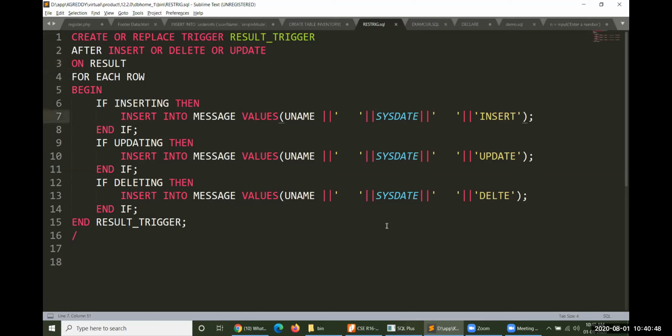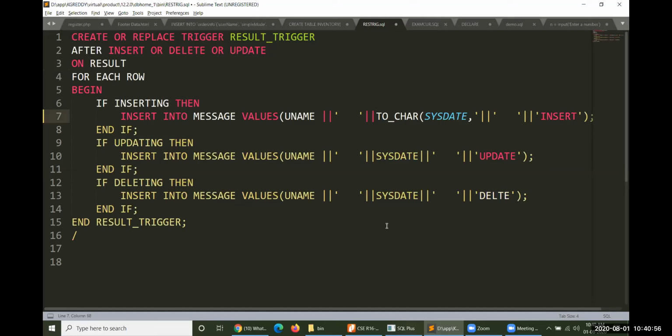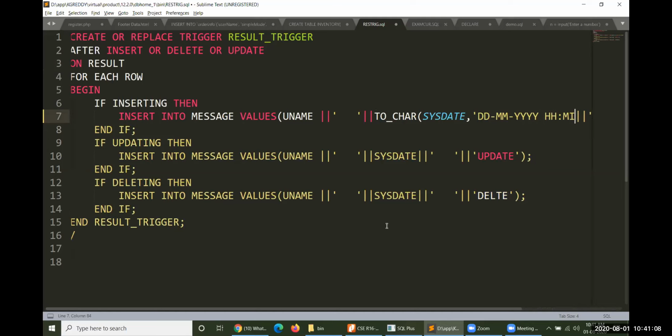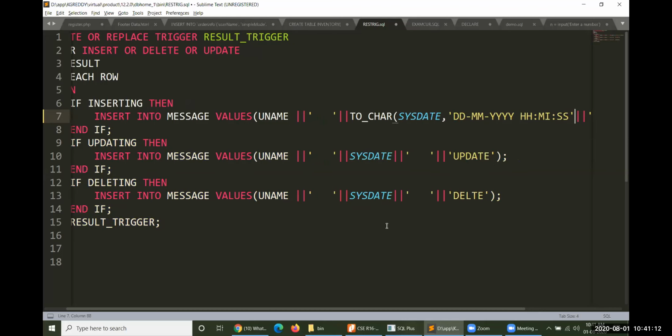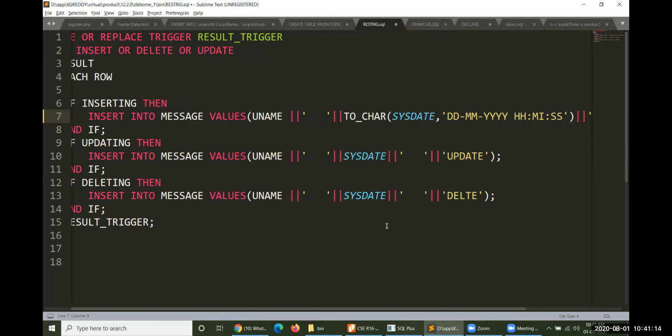One thing is here, the underscore CTR SYSDATE comma. That could be the problem.